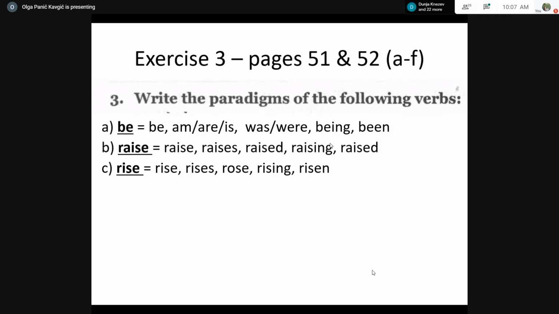And I will just add a kind of digression here. Anything that has this root or this base, like arise, for instance, the verb arise, would behave the same way. Arise, arises, arose, arising, arisen. Okay, so that's why it's important to know the paradigm of the base, the root, for those verbs which have some other elements as well.